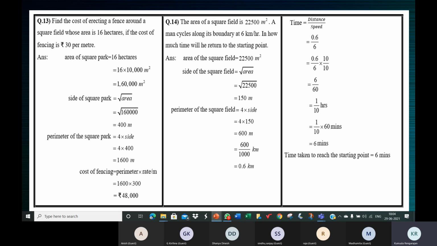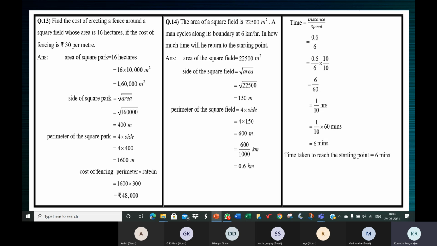Find the cost of, okay, some money is involved. Find the cost of erecting a fence. So imagine an empty piece of land and you don't want passersby to use your space. So you put a fence around it. You have an empty plot of land somewhere and you want to keep your land safe. Land safe meaning you want to protect your land with a fence. You don't want trespassers to just use up your land. So you want to fence it. Imagine something as you read it, just create your own story in your mind.